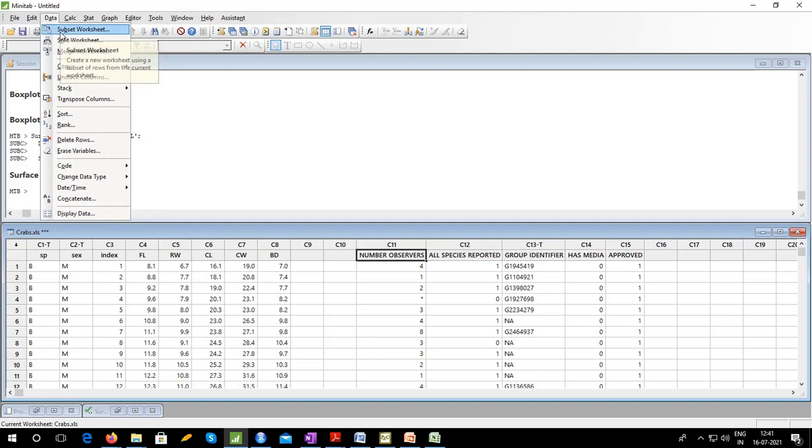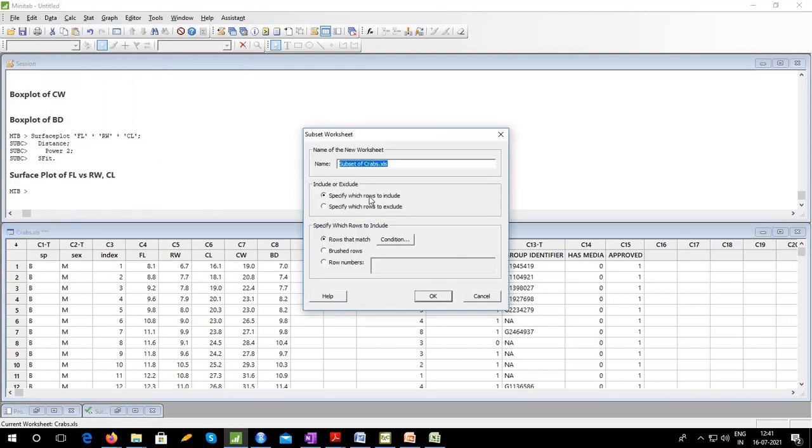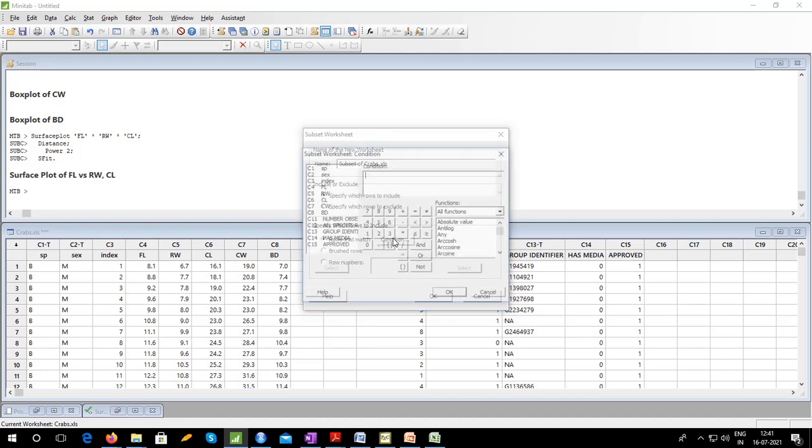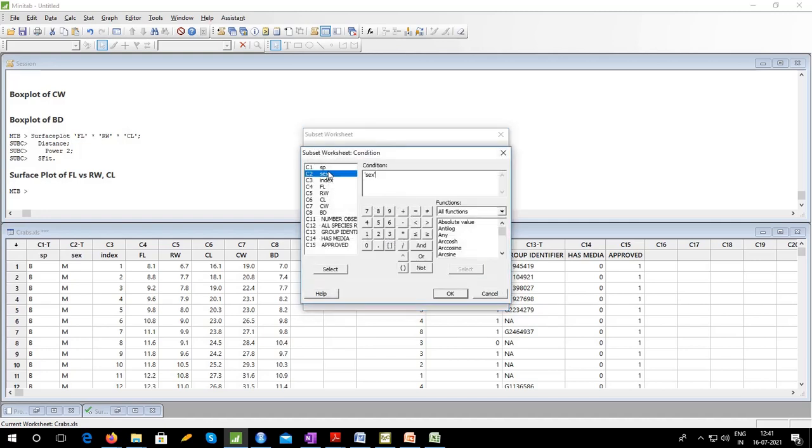Then you can also subset the worksheet. If you want to analyze only for, say, species B, then you can specify which rows to include. So rows where species is equal to, and then you write the value B. I think you may have to put in quotes.